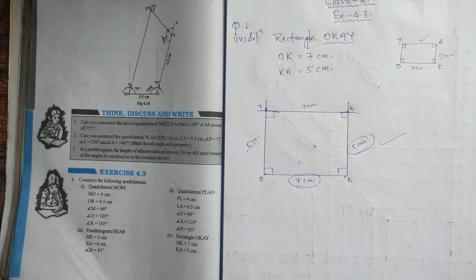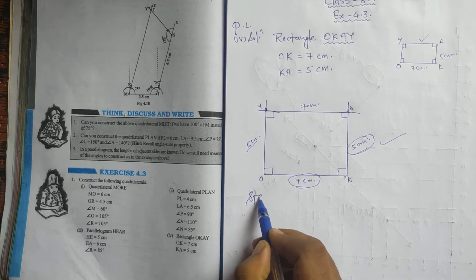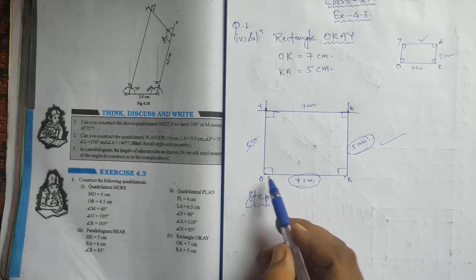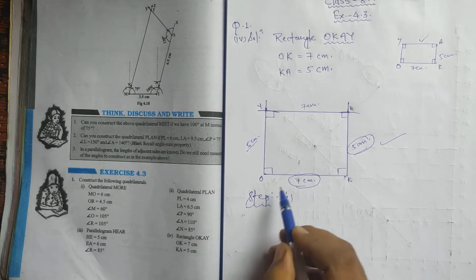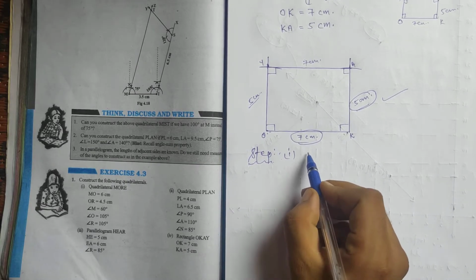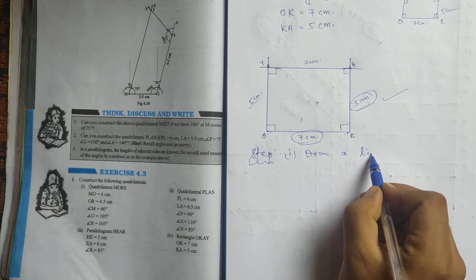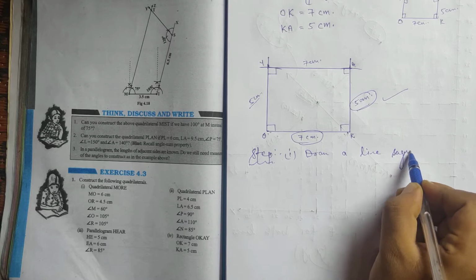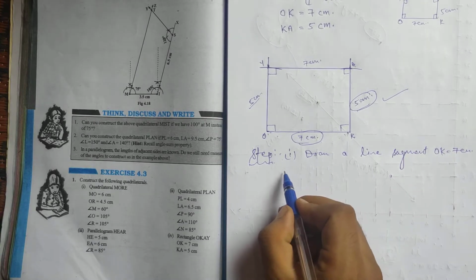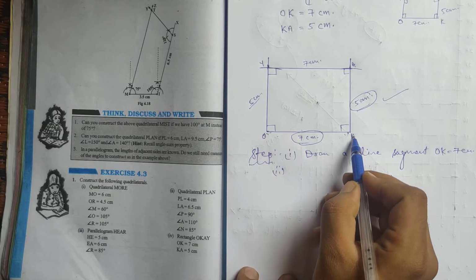Okay, now we have to write the steps of construction. So I'm going to explain how you can write these steps. First of all, in the first step you have to take a line segment OK equal to 7 centimeter. So you have to write: draw a line segment OK equal to 7 centimeter. In the second step, what have we done? From points O and K,